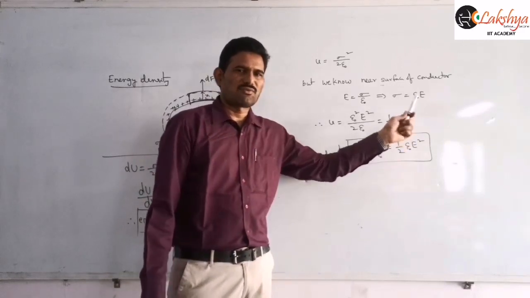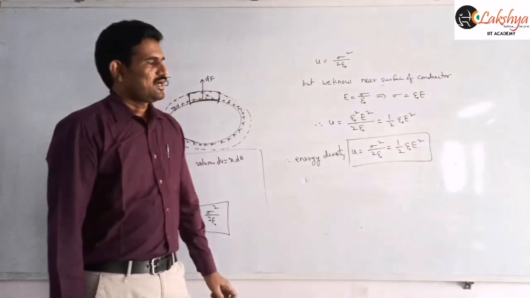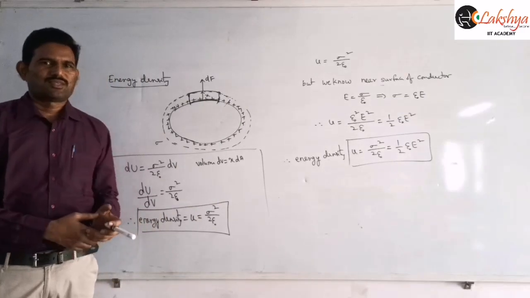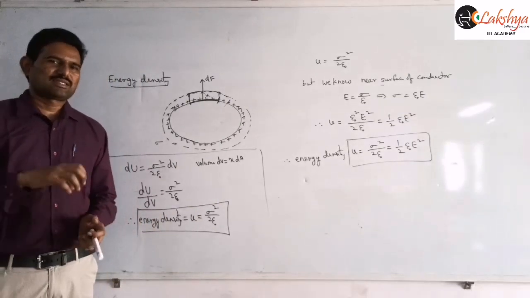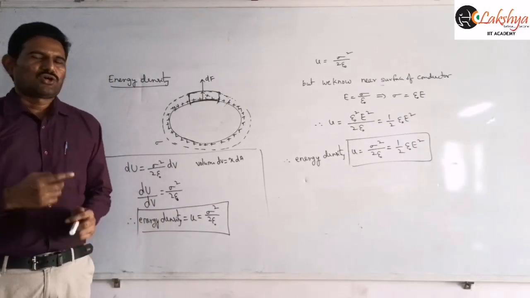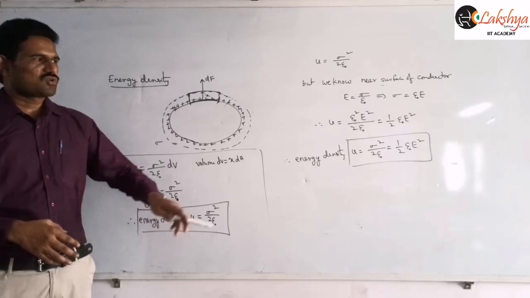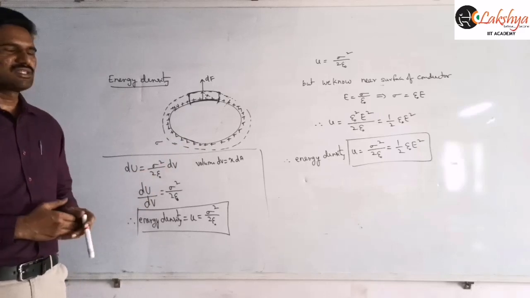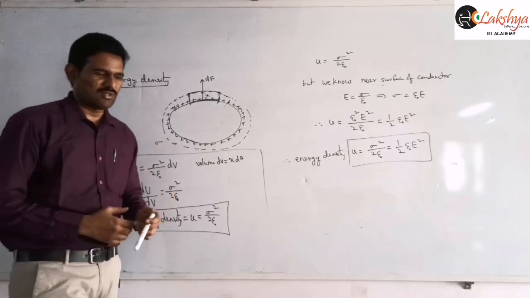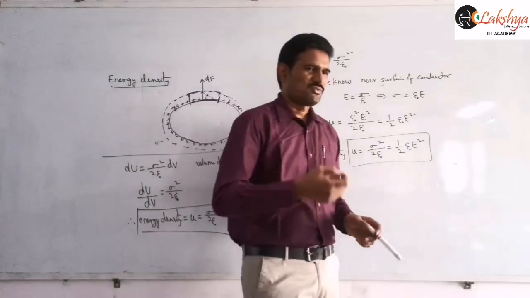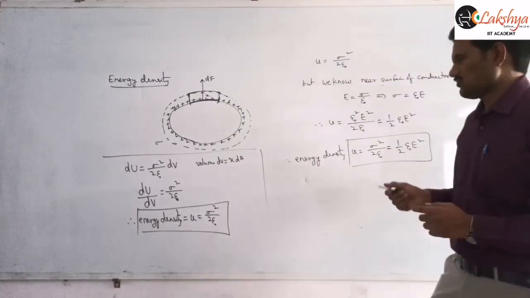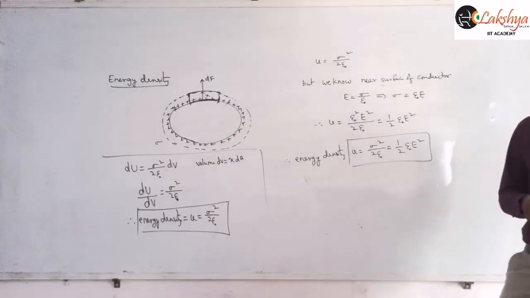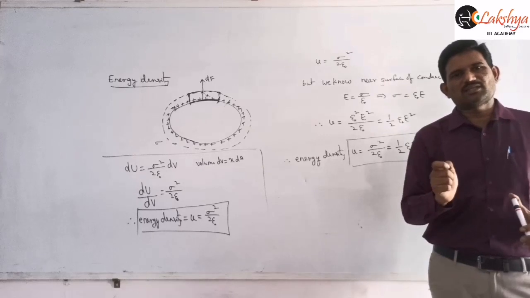And in the previous classes, in the last week, we discussed self energy. Now those self energy derivations we can also do with the help of this equation here, right? With the help of this energy density equation, we can do the self energy calculations also. That means wherever you know the electric field, this equation indicates that whenever a non-zero electric field is there in that region.